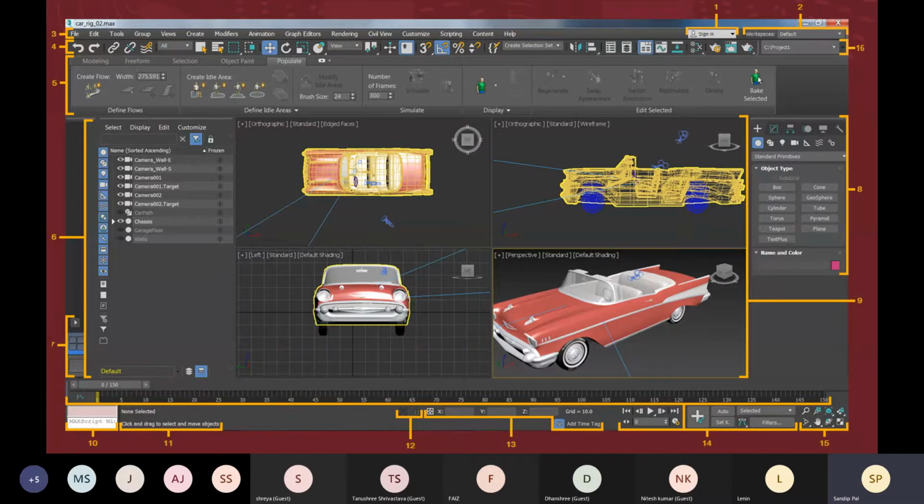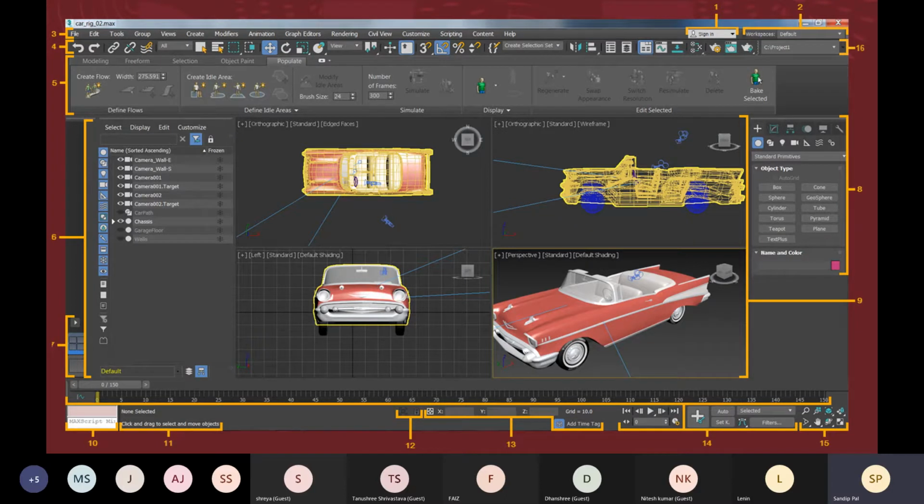This 3ds Max is 3D Studio Max, and this software is developed by Autodesk Media and Entertainment, and initially it was developed for the DOS platform. That time it was named 3D Studio, and later it was developed for the Windows version. For the Windows version, the name is 3D Studio Max.